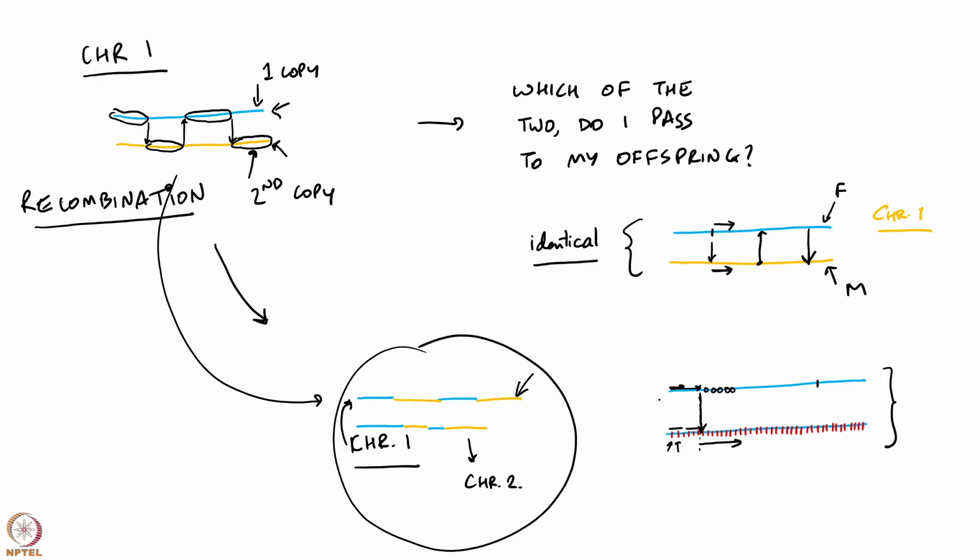This variation that exists in a population, so let me just redraw these chromosomes again. Let us say this, second one is the same color, but let us say these are the places where mutations are. That is not to say that only this copy of the chromosome has all the mutations. These red marks are to identify locations where the two strands are not identical to each other. So the mutation could have happened anywhere, the result being that the two are non-identical, and that is what these marks identify.